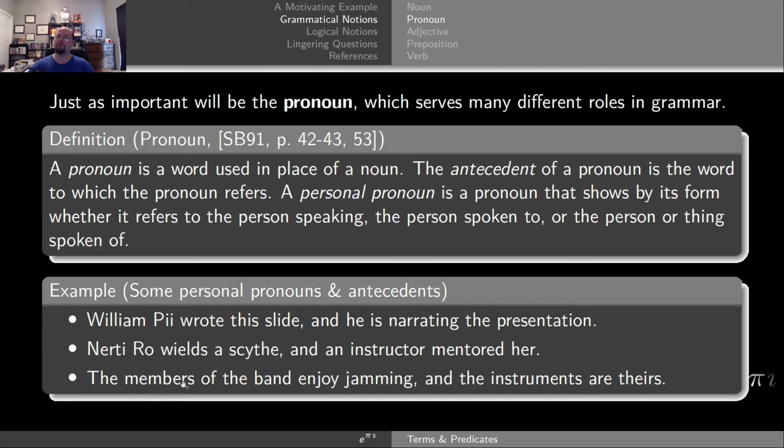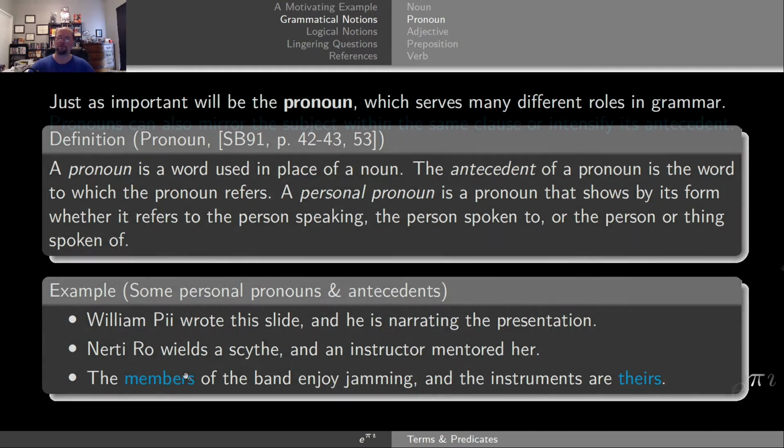Likewise, we also have the members of the band enjoy jamming and the instruments are theirs. The pronoun theirs is actually both plural and genitive. So it's plural because the thing it refers to is actually plural as well, but also it's genitive showing that something belongs. Specifically, the instruments belong to someone, and the someone they belong to actually are the members of the